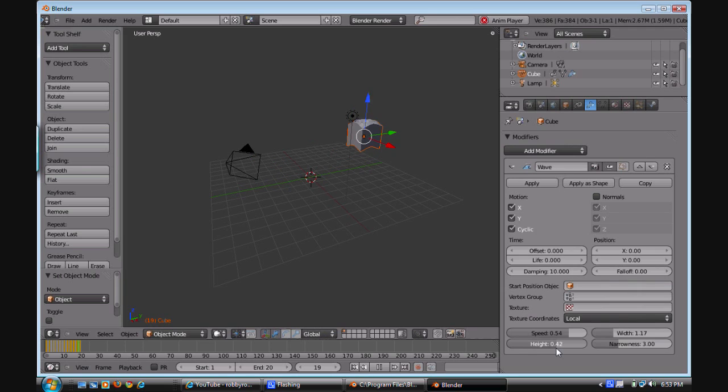Mess around with them settings. How much force do you want? Put 200. Alright. Maybe you want just